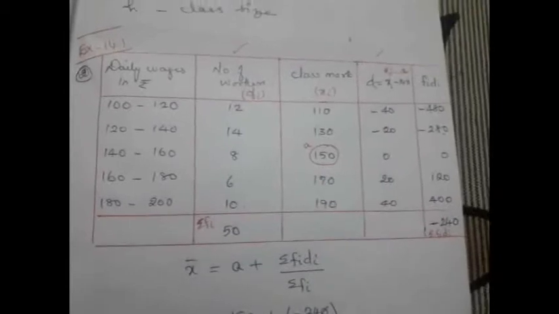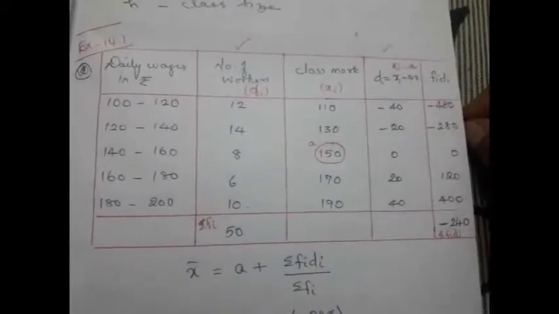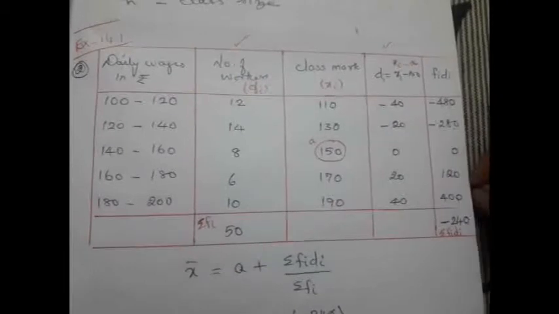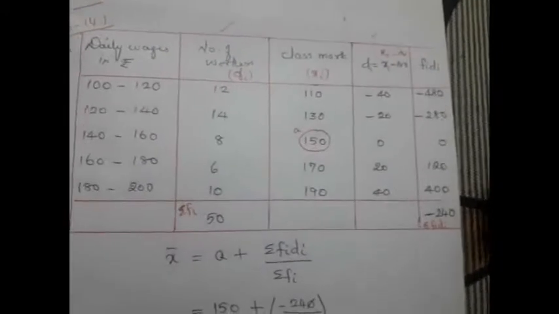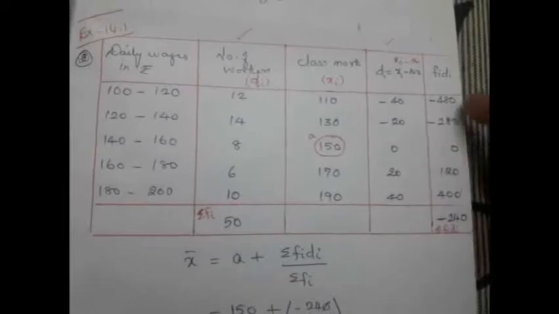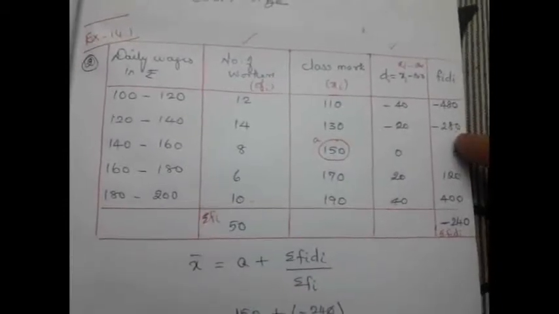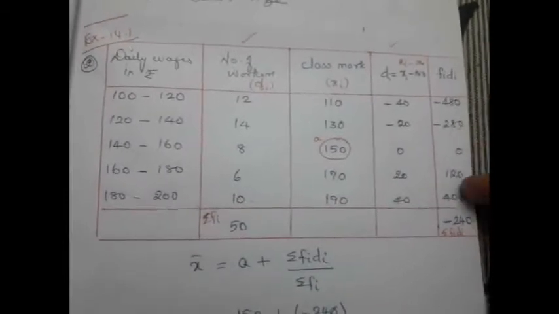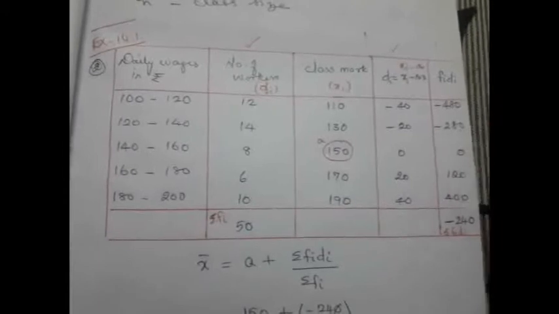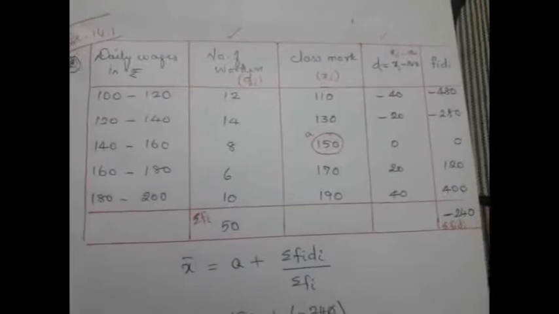To avoid calculation error, add all the negative numbers together, add all the positive numbers together and then subtract so that you can avoid error. Or else you can do directly. So I have done like this, minus 480 plus 400, we will get minus 80. Then minus 80 minus 280, it will be minus 360. Then you have to add 120 with it. So anyhow you can perform. So after manipulation, we got minus 240 is our answer.